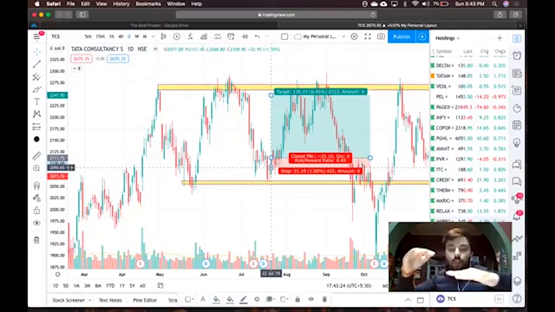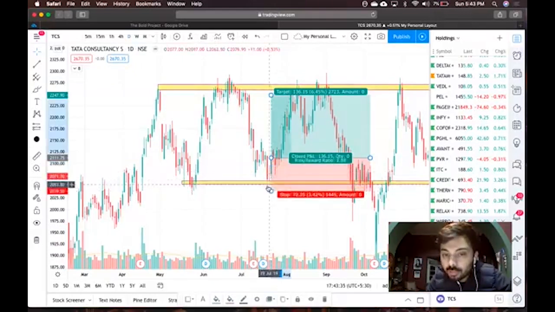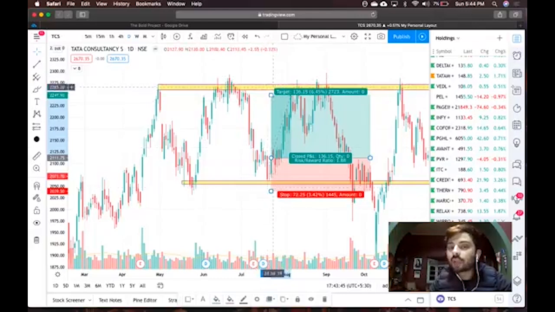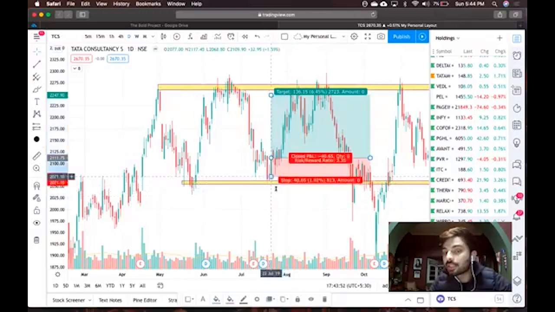The stop loss should be, what is the area where the trade goes wrong? The area where the trade goes wrong is if the price goes below the support. So in this same example, if my price goes below the support in this area, my trade goes wrong. So that is how I have to place my target, and that is how I have to place my stop loss. Target always comes below the resistance, and the stop loss will always come below the support. It cannot come here because it will get triggered and you will lose out.